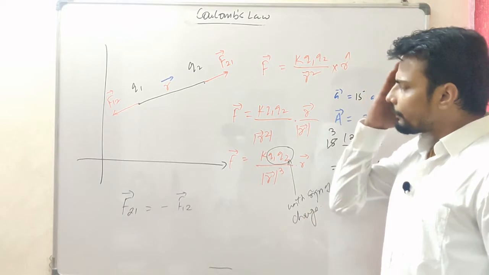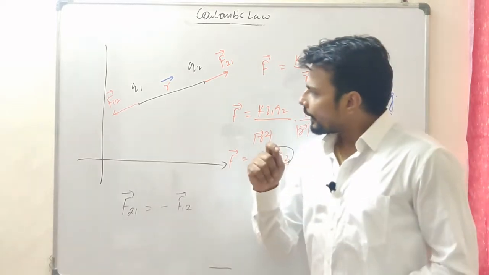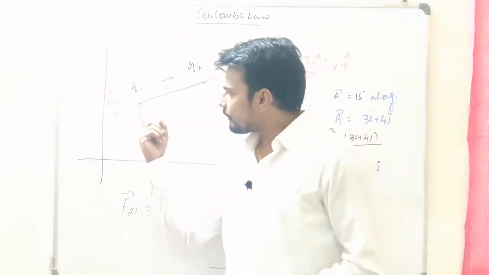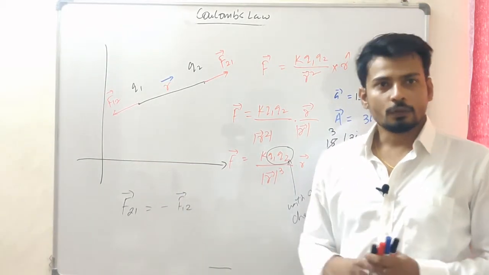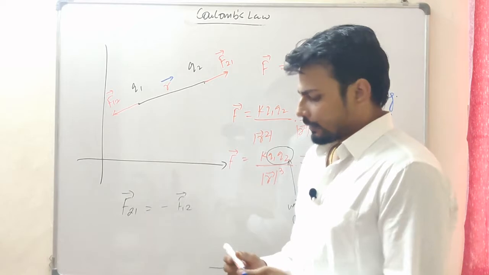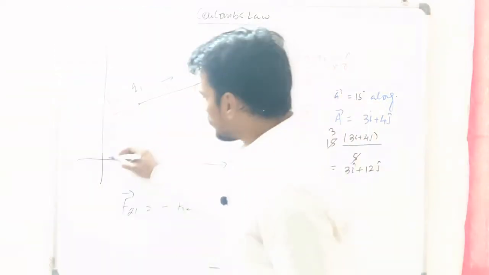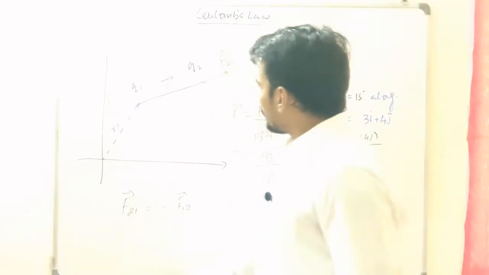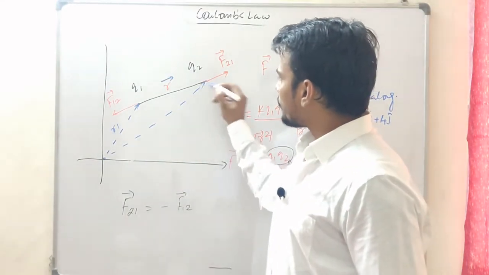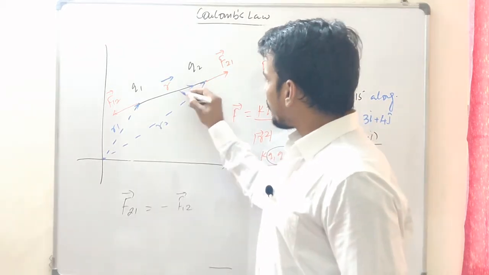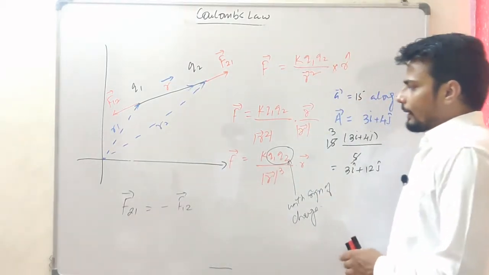Before I go and solve some question, guys, I just want to tell you that the position vector of q1 and the position vector of q2 might be given. So don't get scared over there. Let's say, for example, the position vector of q1 is given as r1, and the position vector of q2 is given as r2. I want to know this. Now the direction comes over here.